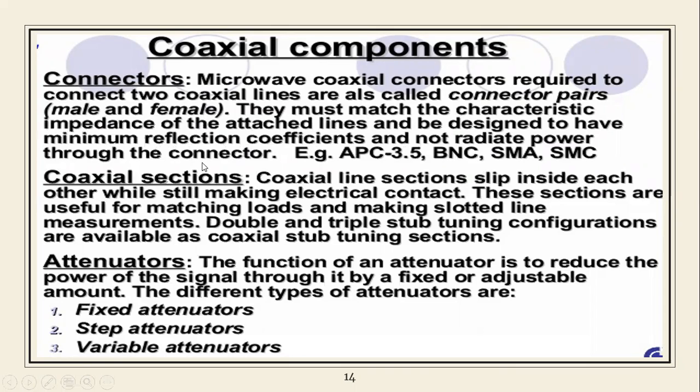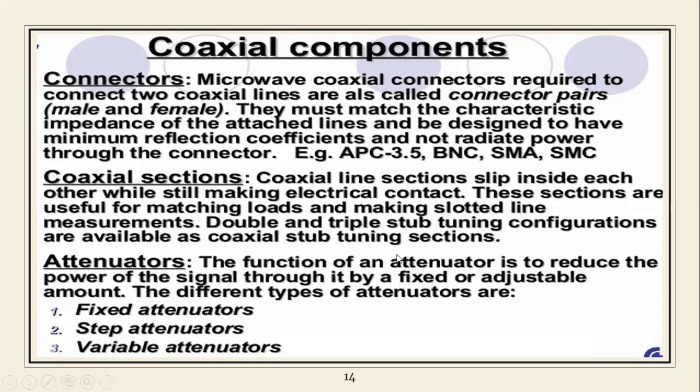What will be the reflection coefficient? You can find whether it is minimum or high, whether the radiated power is low or high. All these things we can find easily while designing the conductor. Similarly, in the coaxial sections, the stubs will be there. We are interested in matching impedances with the help of the loads. Source as well as load impedance matching is possible. If proper matching is there, definitely the signals traveling from the transmitting to the receiving end will be well configured, and you will get the proper signals at the end.